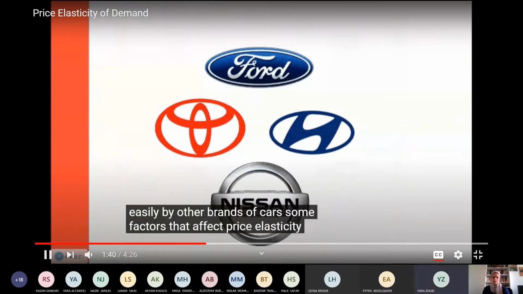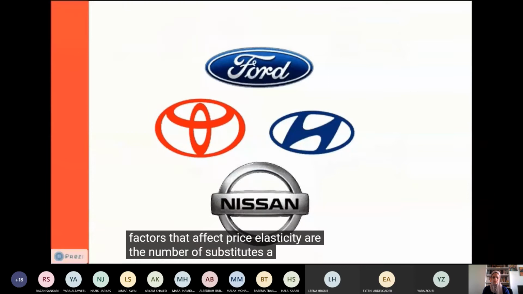Some factors that affect price elasticity are the number of substitutes a good has, and how dependent you are on